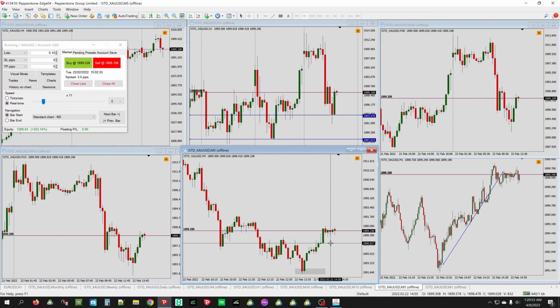Actually, yeah, the M5 candle closed bullish in here. If we break above the previous M5 candle high, I will execute buys. But remember,